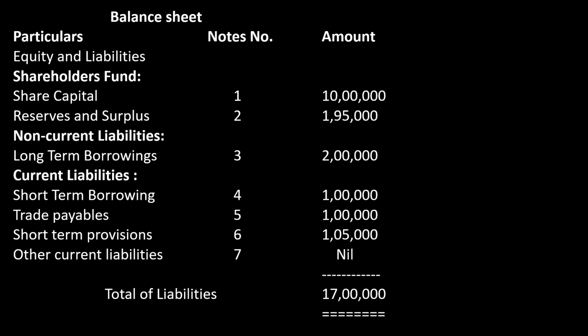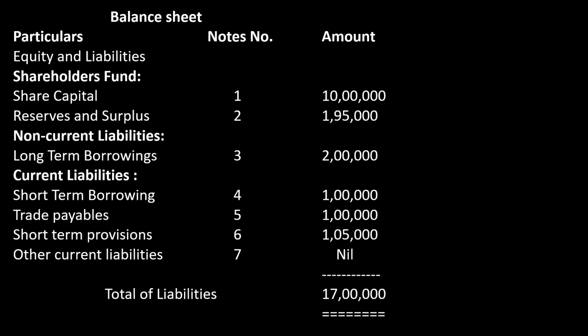Okay. See, for example, here I'm doing the balance sheet now. For the balance sheet, equity and liabilities is the heading. Under that, you have shareholders' fund. For shareholders' fund, you have two values. I gave you the format. Okay. You have share capital and reserves. When you add share capital and reserves and surplus together, it is called shareholders' fund. Okay. Only the totals will come here. Okay. From the notes to the balance sheet, you take all the totals and write them here one by one.